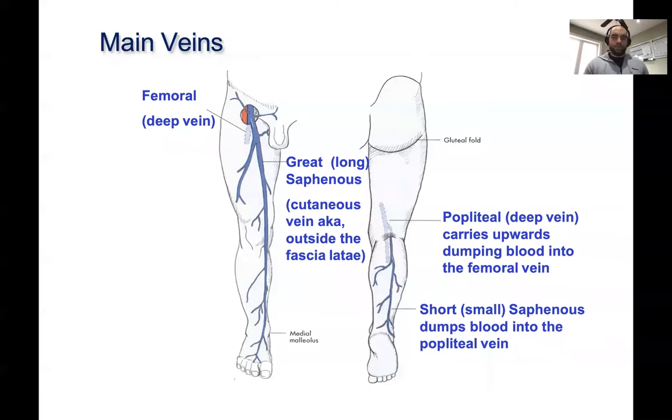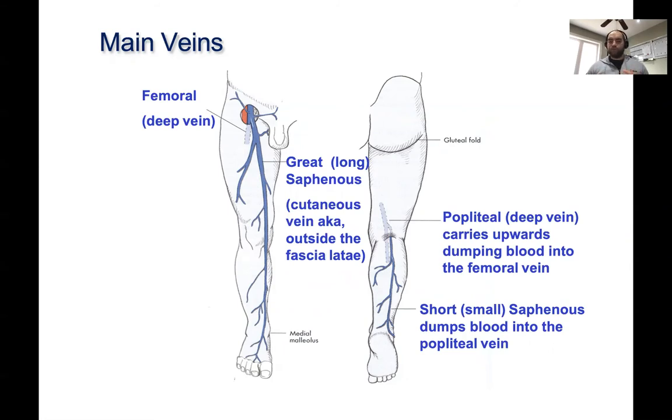And if you guys were to ever see something called varicose veins, you'd probably be looking at either the great saphenous vein or the small saphenous vein. These are both veins that are superficial to the legs. Now, why do varicose veins even happen? It's a couple of reasons. It's usually poor blood flow and distension, meaning just like a shunt,